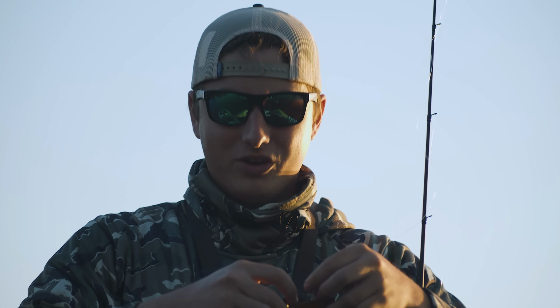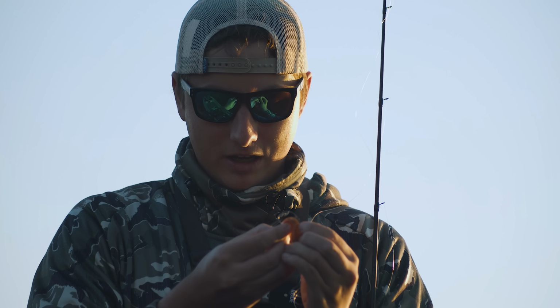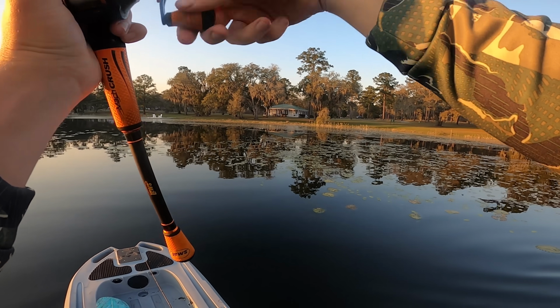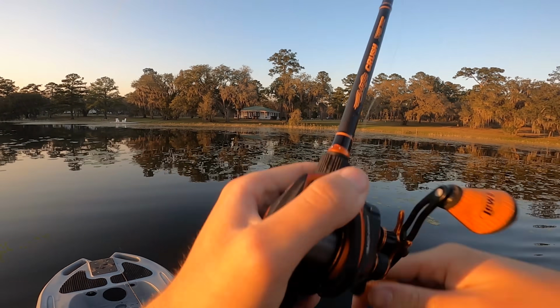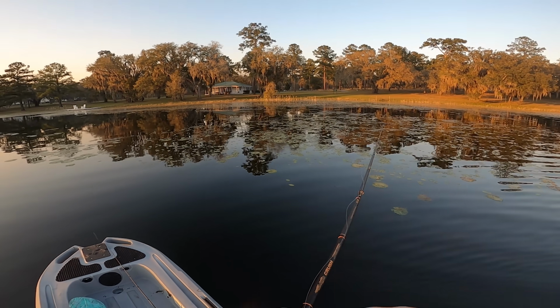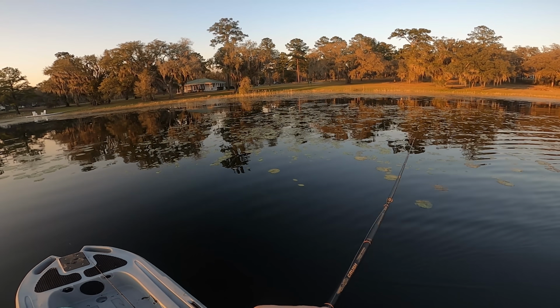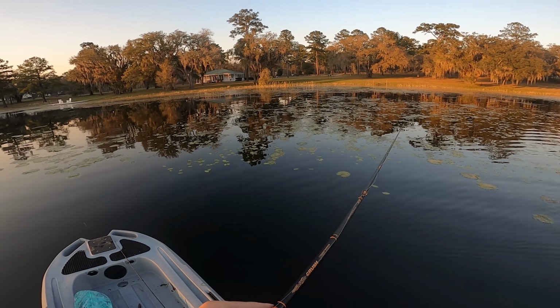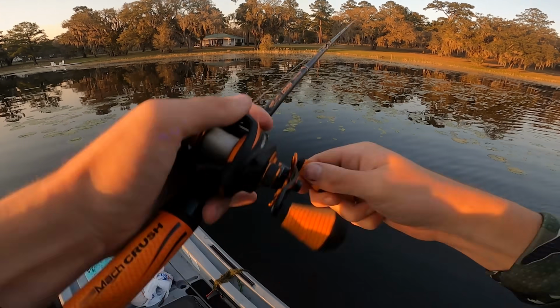And I think the more and more the sun goes down, guys, they'll start feeding up. The late evening bite in this lake is insane. Guys, it's been pretty tough today. We've only managed to catch ourselves like 3 fish in an hour, and I guess it was even more tough earlier today according to other fishermen. So I don't know why the fish are acting the way they are today, but I think